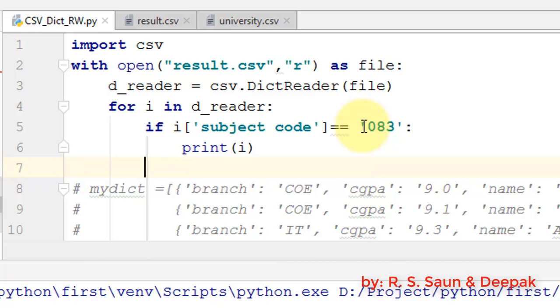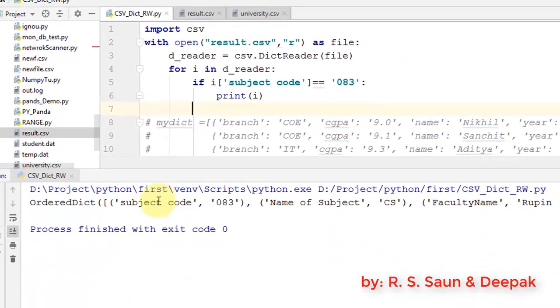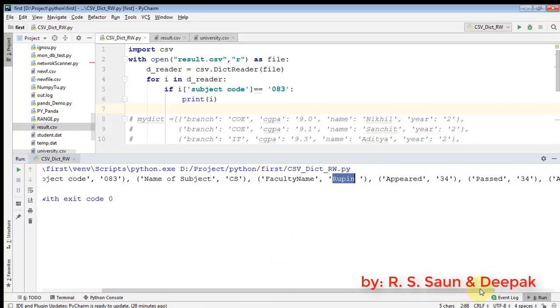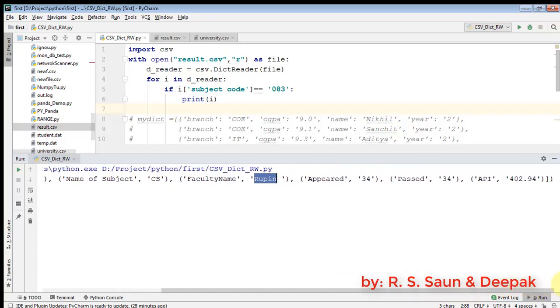Let's execute this program and see my result is here. Now you can see only 083. Rupin is the name. It should be Ravinder Singh Son, but I have changed it. Now you can see appeared 34, pass 34, and API is 402.94, highest.